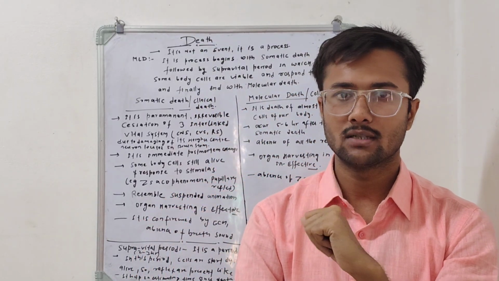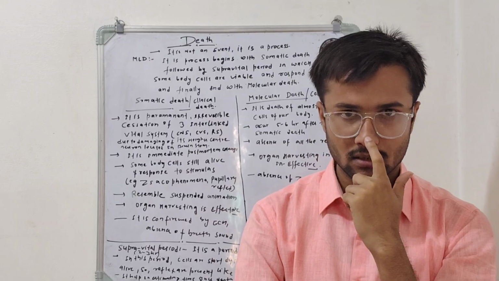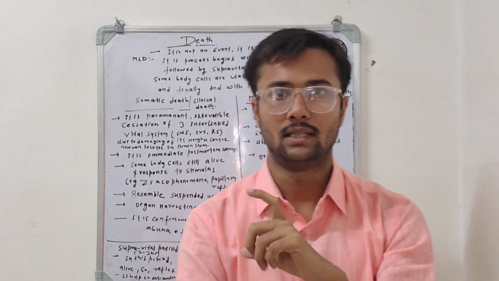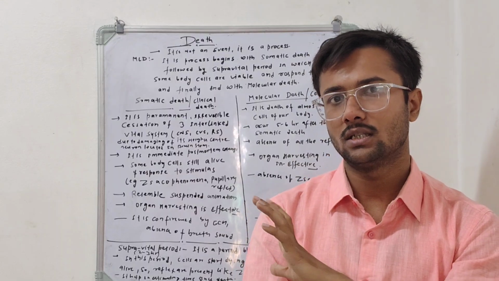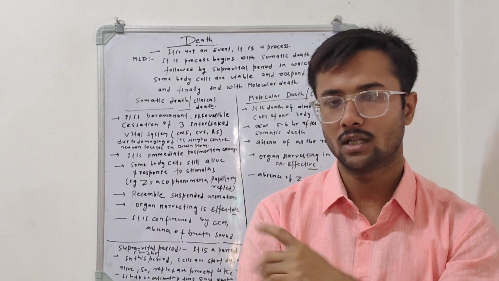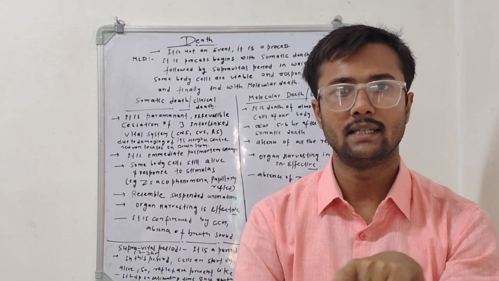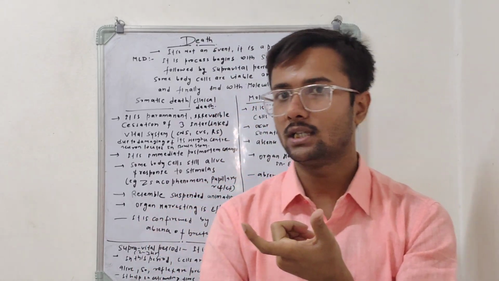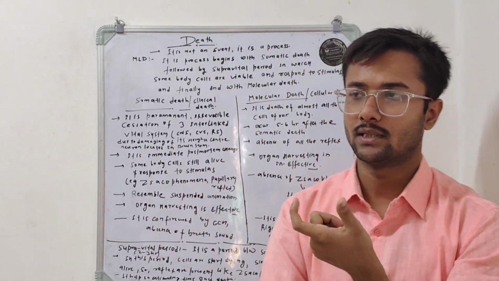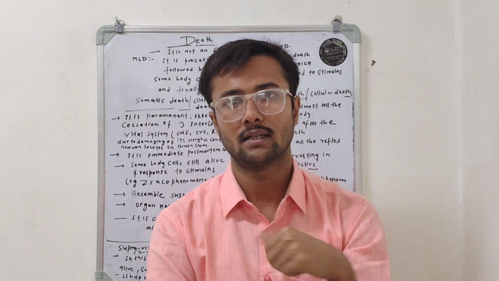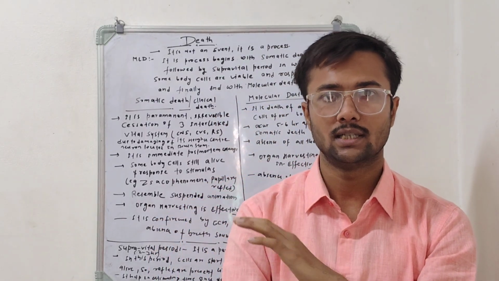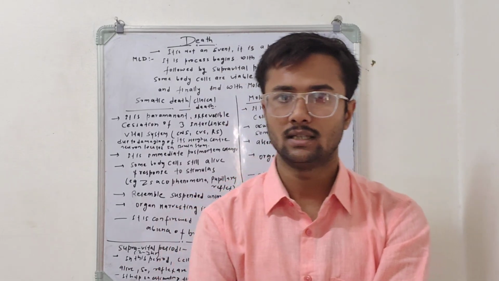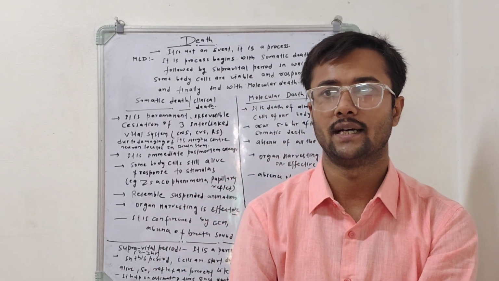So what happens in the case of the Jacobs phenomenon? It is related to muscle excitability. Since at this stage the muscles are still alive, when we apply a mechanical or electrical stimulus, they respond. So the excitability of the muscle cells, especially the skeletal muscle cells, by an external stimulus is called the Jacobs phenomenon.